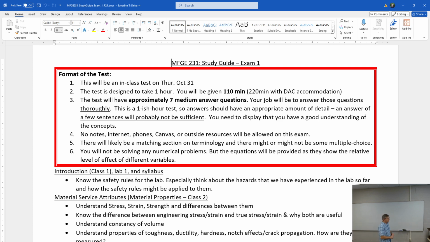By medium answer, I mean they're not one sentence or one phrase or 2 sentences or 2 phrases. They are more of a display of knowledge than that. But, you know, 4 or 5 sentences or 2 really good sentences that super show your understanding of what it is. In addition to that, there will likely be a matching section on terminology, and there may or may not